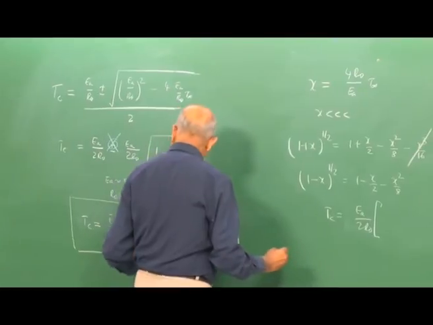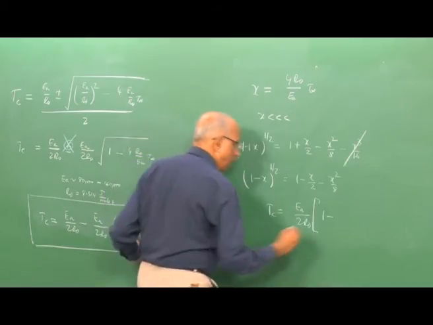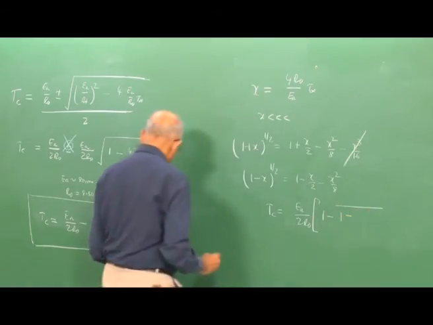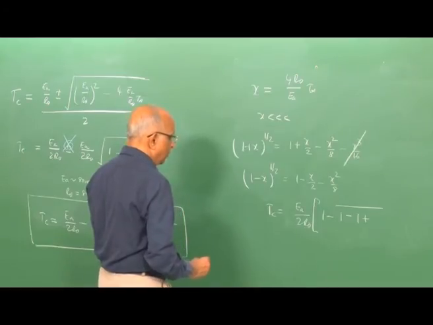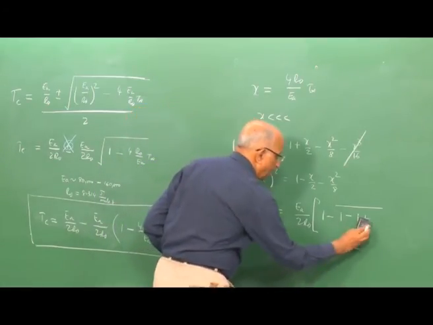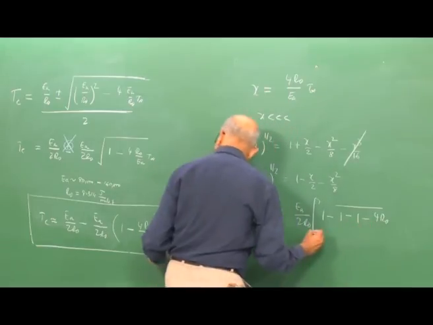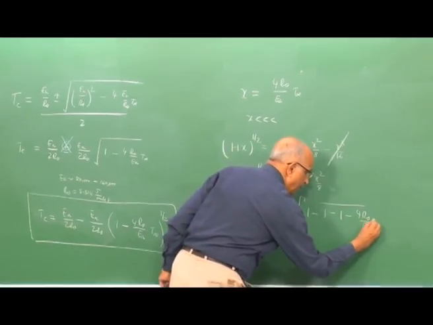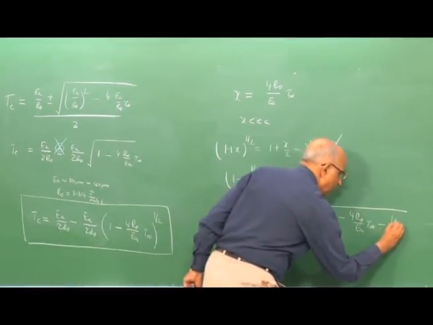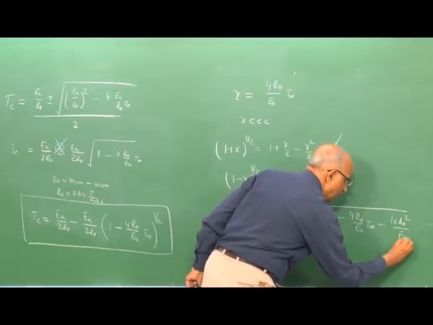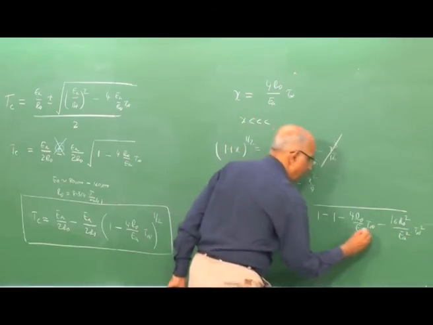into 1 minus (1 minus x), therefore I get 1 minus 1 plus x, then I get over here the value minus x/2, where x is equal to 4R_0 by E_a into T_ambient, minus x²/8, where I get the value as 16 R_0² by E_a² into T_ambient². I square these things and divide by 8,